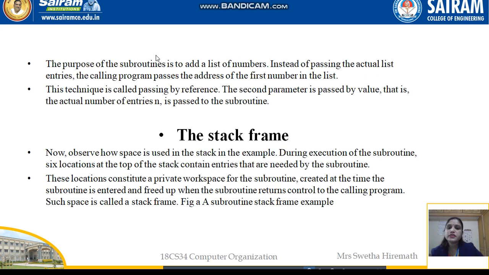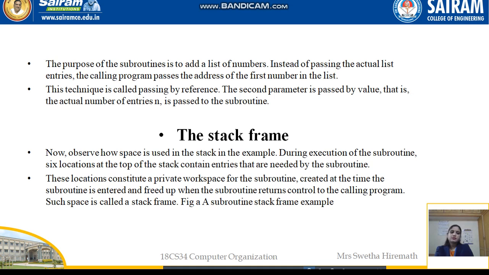Suppose the purpose of the subroutine is to add a list of numbers. Instead of passing the actual list entries, the calling program passes the address of the first number in the list. Here, to pass the values, we first create a list. We send the address of the first value of the list, and according to that all the other values will be fetched. This technique is called passing by reference. Passing by value and passing by reference are the two methods which are used.